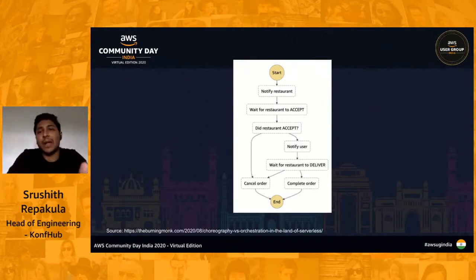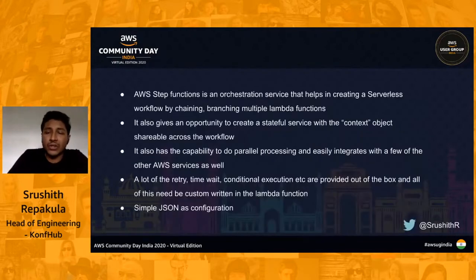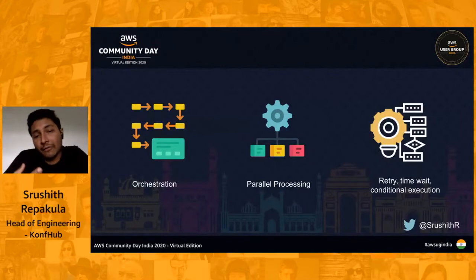And based on the response of Lambda 1, you want to execute either Lambda 2 or Lambda 3 and stuff like that. So there's some kind of conditional execution that you want to achieve with your Lambda functions itself. So with step functions, step functions offer this out of the box for us, wherein we can orchestrate the Lambda function.